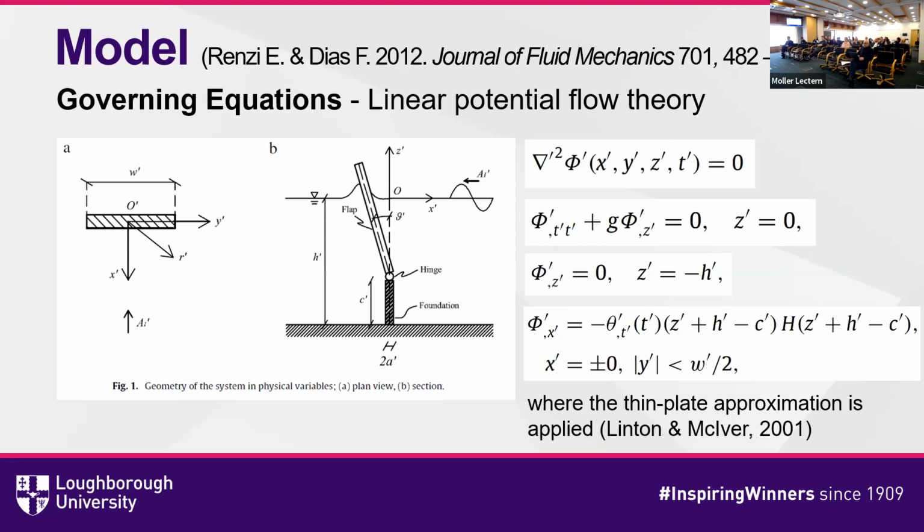So we are considering that normally the width of the flap is of the order of the meter. The main dimension of the flap, so this W prime, the width, is around 20 to 30 meters. So these are really giant flaps, and the wavelength is around 60 to 100 meters. So essentially, this very tiny dimension can be neglected, and so we consider that the flap is thin, and using this